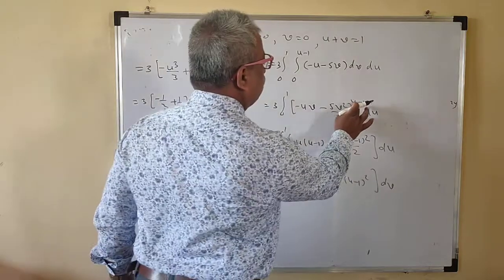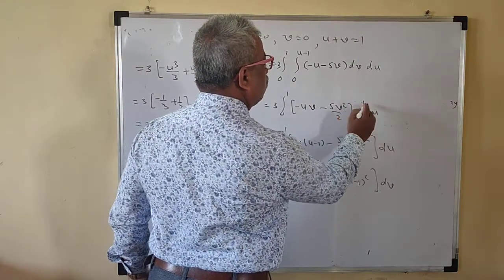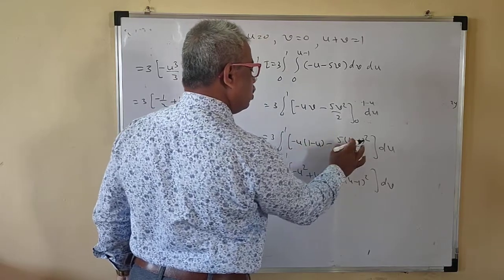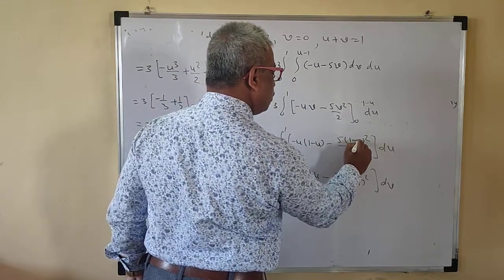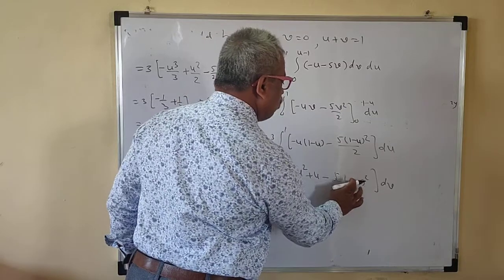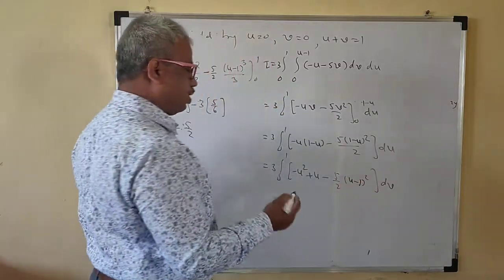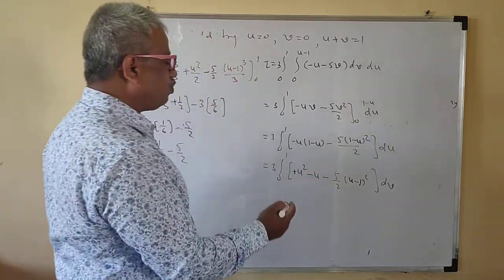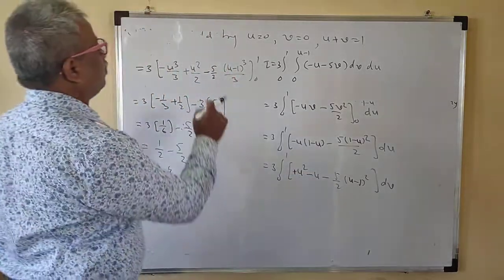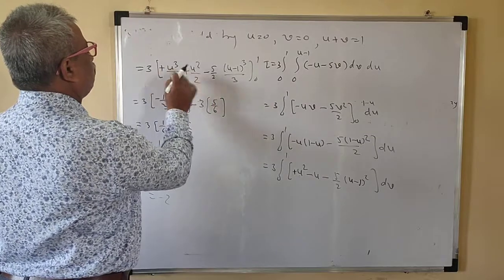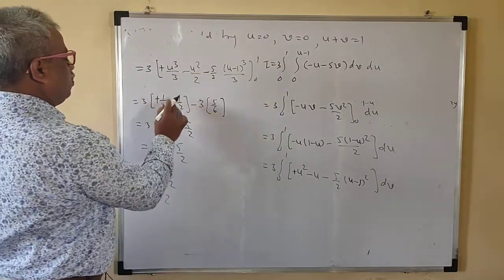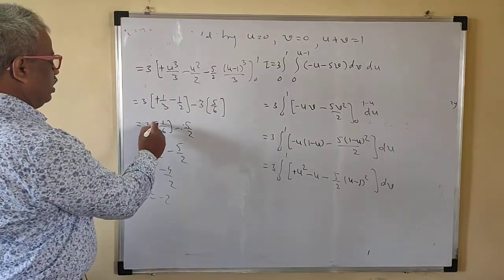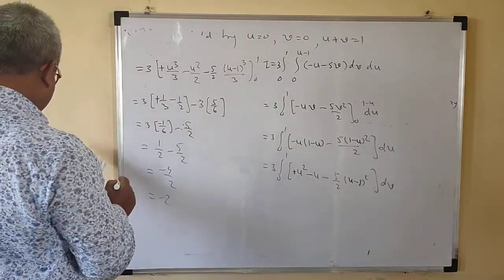Oh, this is wrong actually. u minus 1 is not there. This is what? 1 minus u. Okay. So this is 1 minus u. This is 1 minus u. You have to take care. This is what? 1 minus u I can write. This is u minus 1 square. No problem for this one. This becomes plus. This becomes minus. You may write here u minus 1 square. No problem. So this is all correct. This is plus. This is minus. This is plus. This is minus. So then this is what? This is minus then. Okay, so this is minus.